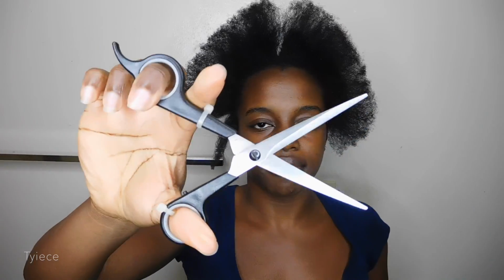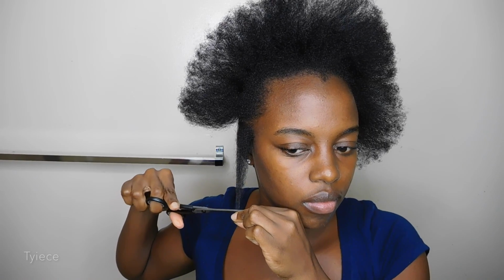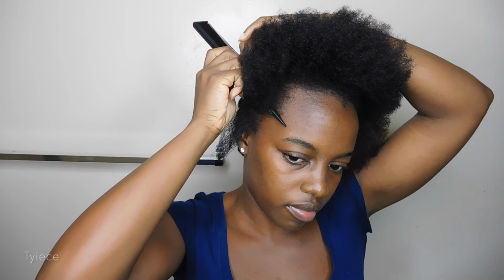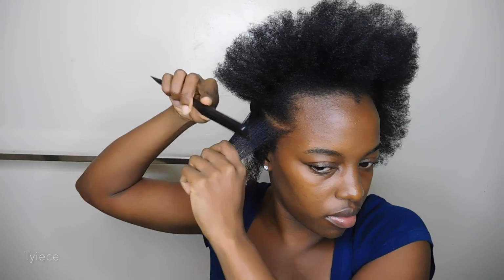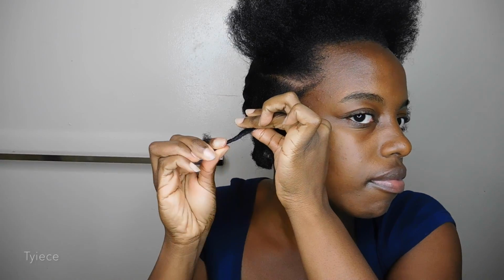It is so important to make sure that your ends are thoroughly detangled before you trim, and make sure that you are using cutting shears or hair shears, and do not use them on anything else. As you can see right here, I'm parting off that section, and then I detangle that section with my rat tail comb. And this is another method you can do, twirling it around if you're doing larger sections,